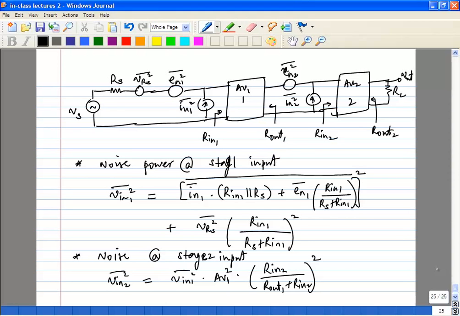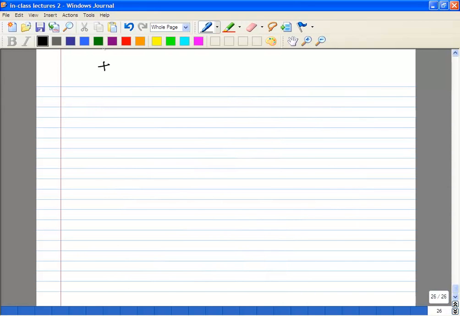Plus, looks like I'm going to have to spill over into the next page. Because now you have to account for noise from En2 and In2, and it's going to be similar to this one. So plus,